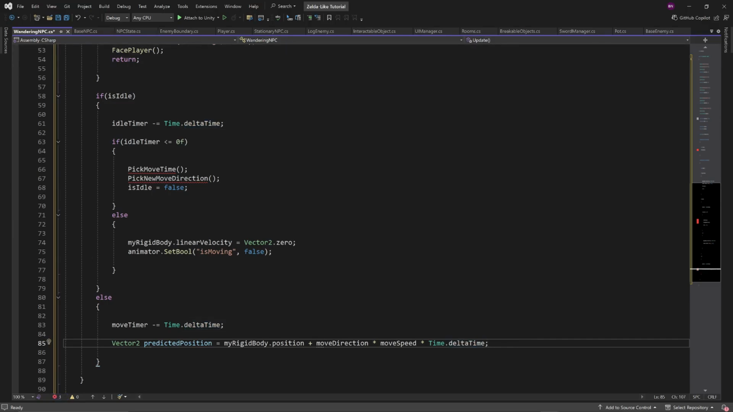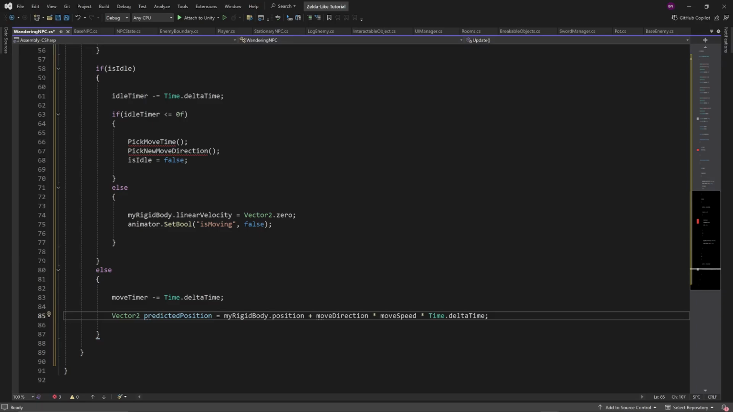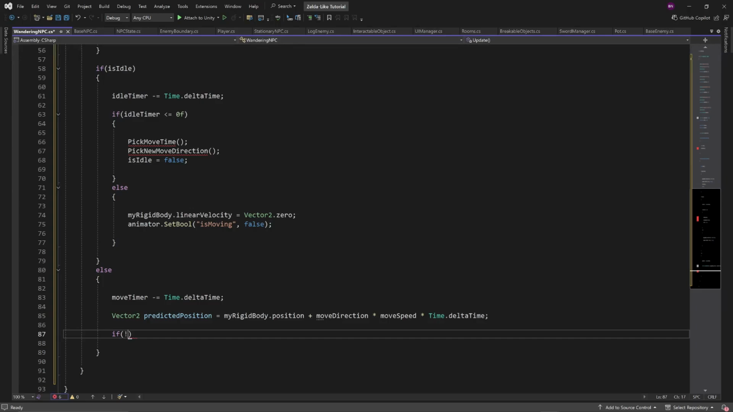So what we're doing here is we're trying to predict our next movement, our movement before we actually move. And there's a reason why we're doing that. It essentially is to prevent some weird stuff from happening. But anyway, if we are not within the wander zone dot bounds dot contains